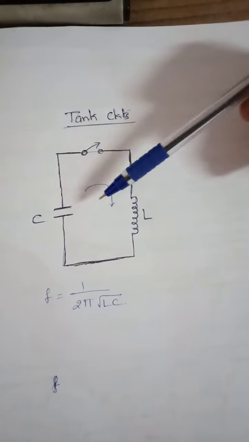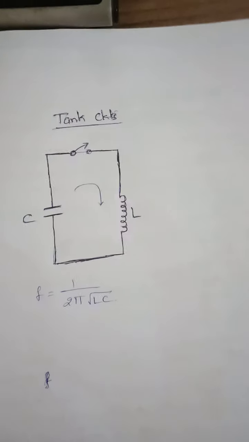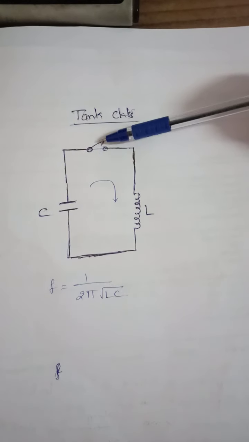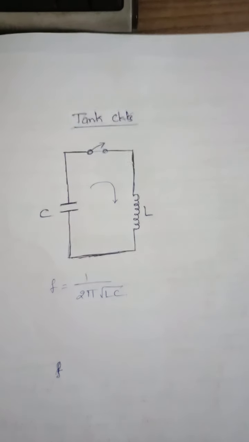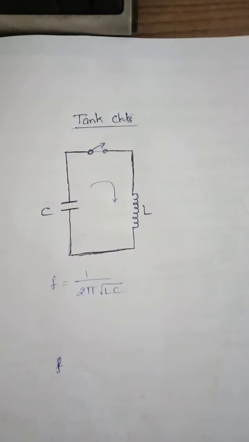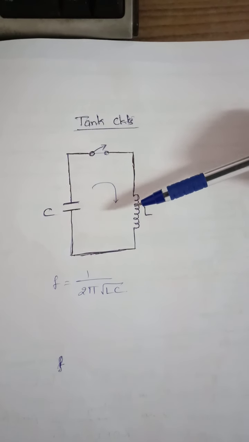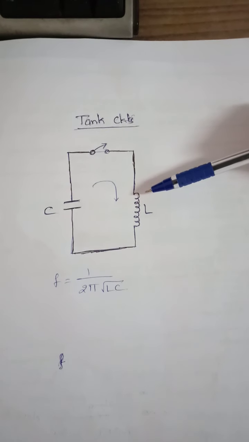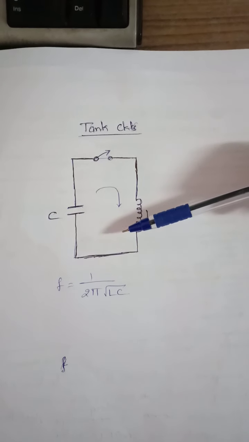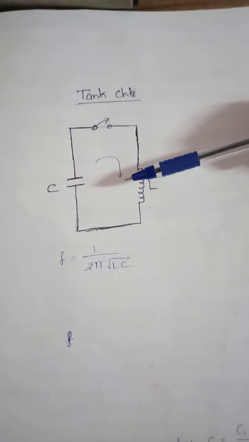Initially you can see in this diagram, the capacitor is connected in parallel with the inductance L. Initially the capacitor is charged to a finite voltage, or a finite voltage is applied to the capacitor by closing this switch and connecting the supply. As soon as the capacitor is fully charged, the supply is disconnected by opening the switch and the capacitor starts to discharge through the inductance L. When the capacitor discharges completely, the inductor produces back EMF and the capacitor starts to charge in the reverse direction. Once the capacitor charges completely, again it starts to discharge through the inductance in the reverse direction.